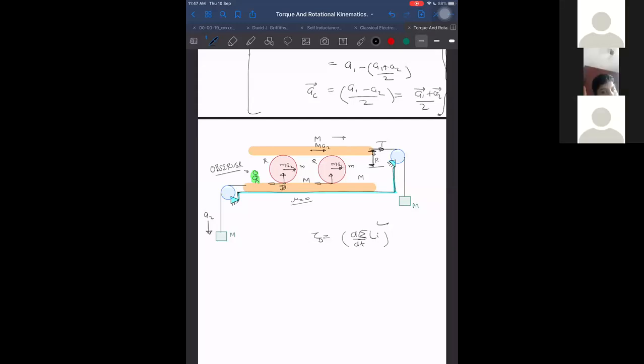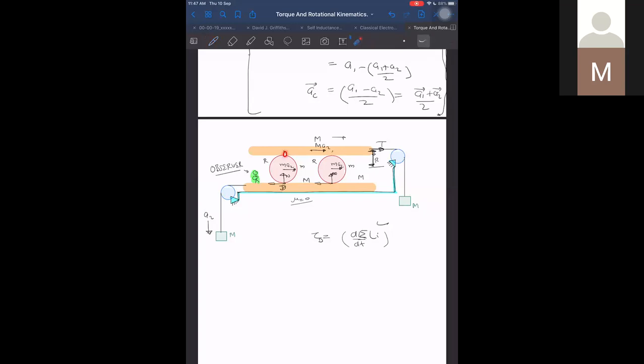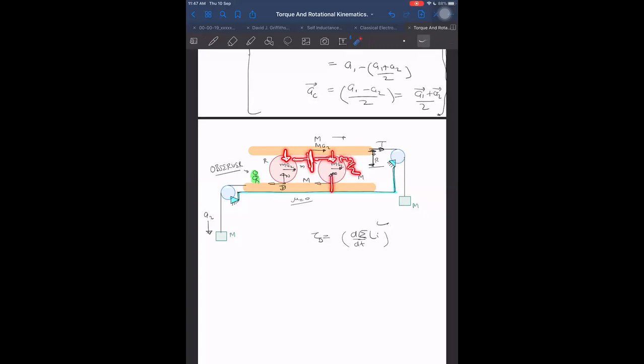But that normal I can get easily. If I assume the diagram to be perfectly symmetric, then I know this normal and this normal will be equal. And if these are equal, then each will be the total weight of the above plank divided by 2, so here I can say 50%. These two will be taking equal normal weights. Mg by 2 here, Mg by 2 here. If it is symmetrically located with respect to the center of the above plank, then Mg by 2 will fall on it. Then this normal here will become equal to small mg plus capital Mg by 2. That will be this normal here. So I can determine this normal, and I can take torque due to this normal also. Not a difficult task. I think we can do that.